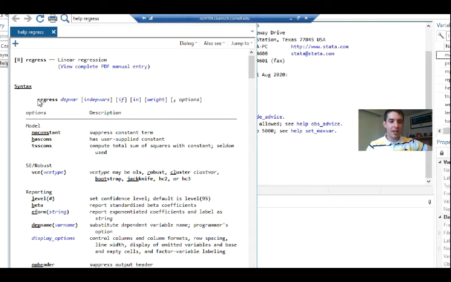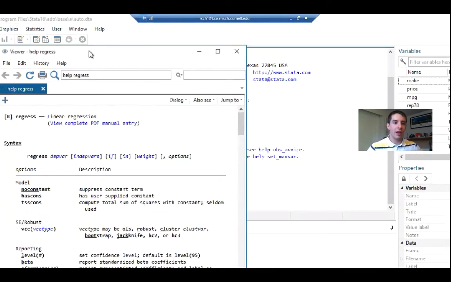key to understanding this syntax. And a lot of it really just takes time. But this bold word, regular text word, that would be our Stata keyword. And that has to be included in the command. Has to be first, too. That's the first thing I type. So even using this help documentation,